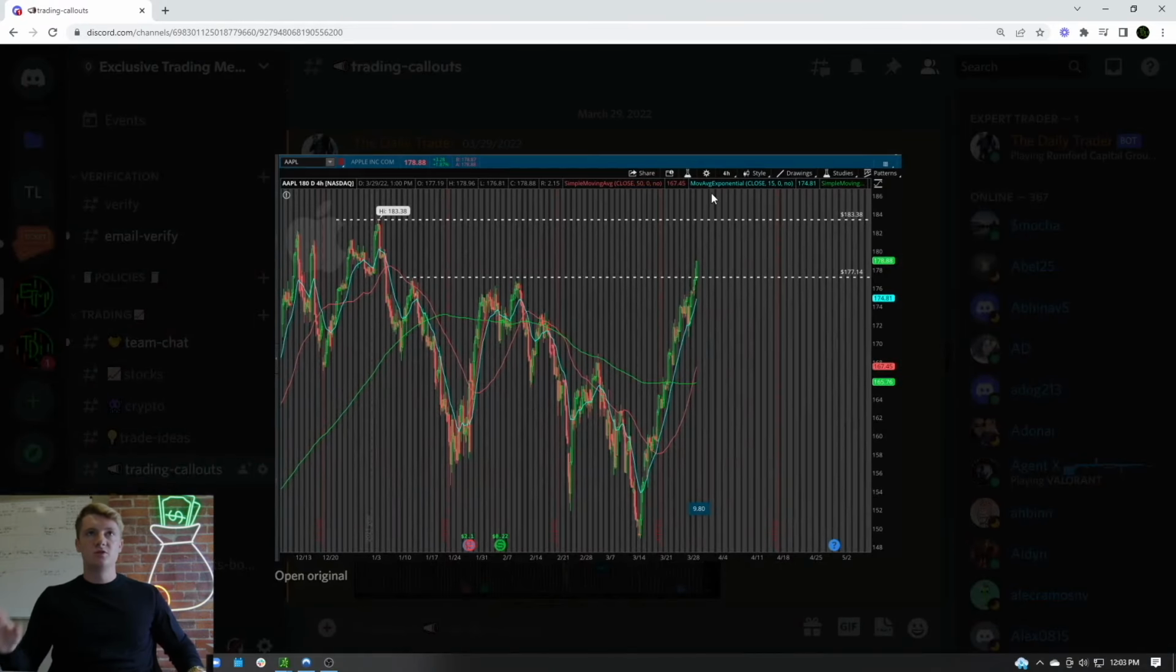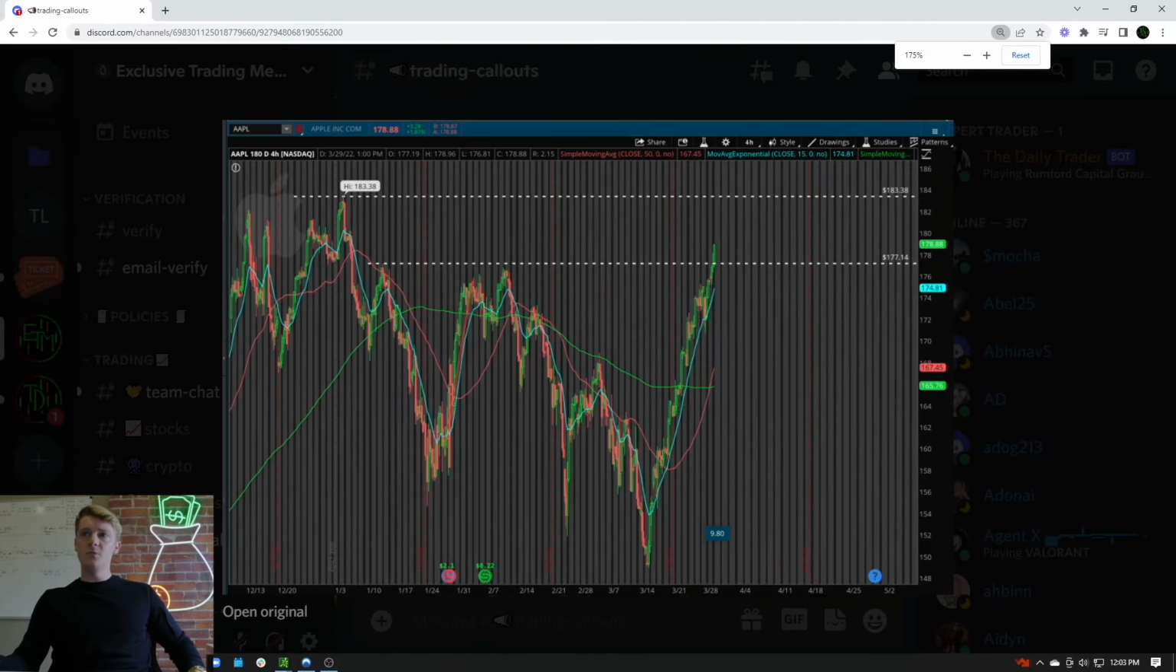So Apple, sorry that the resolution's bad. This was a screenshot. I can try to crop in a bit here. But you can see Apple, okay? We started running up toward that high at 183.38. Now, what I could have done, and what most people probably were waiting to do, was wait for a test of this resistance level, okay? Because we broke out of 177.14, right? Broke through resistance, and now there's no resistance up until